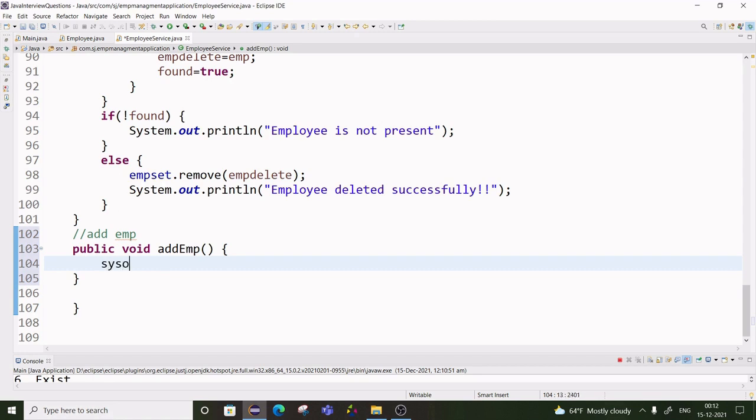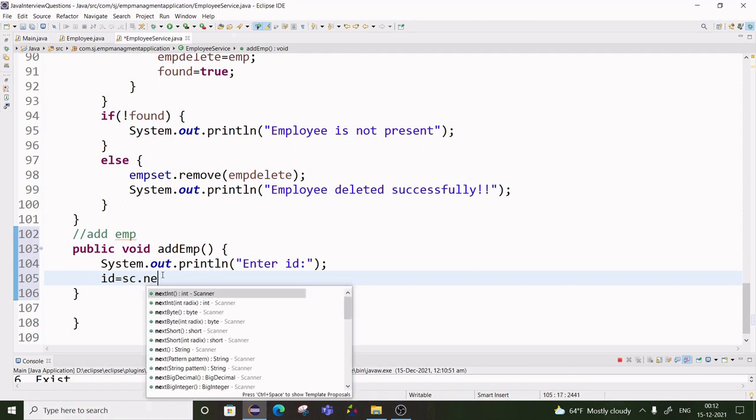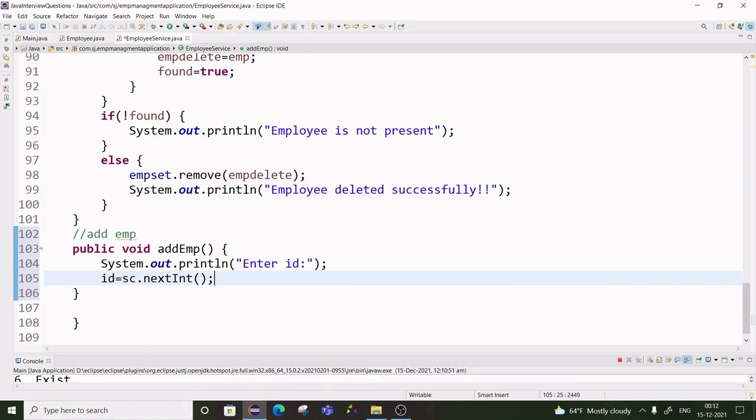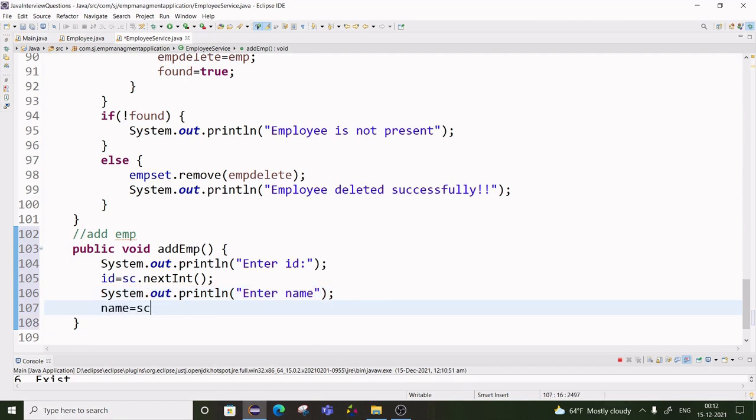Okay, so let's write enter ID for that employee, then ID we will set sc dot next int, then enter name for the employee, name is equal to sc dot next,